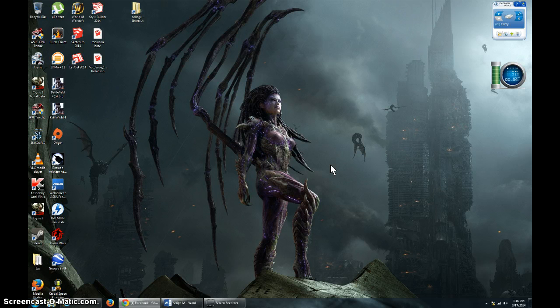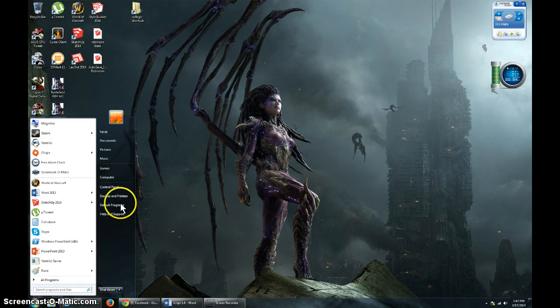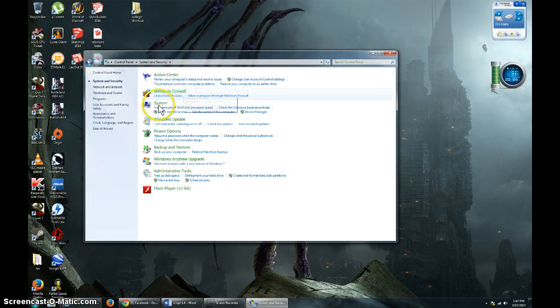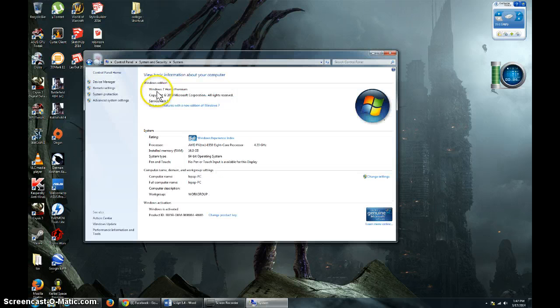Start out, we're going to go ahead and check your OS and other software and hardware features of my system. To check the OS and hardware, we're going to go Start, Control Panel, System and Security, System. Right here we're going to see that I have Windows 7 Home Premium and I'm running Service Pack 1. Since I've already done the Experience Index,